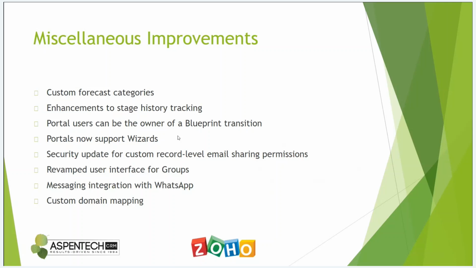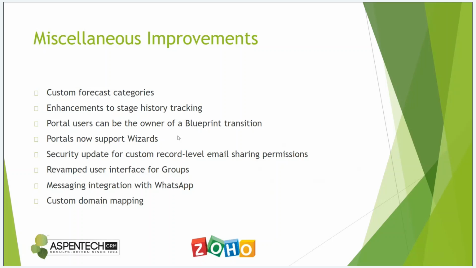There's been a security update for custom record level email sharing permissions. It just gives you a little bit more control over that on a record by record basis. There's a revamped user interface for groups that makes that a little bit easier to use. There's a messaging integration now with WhatsApp. I don't know if there are many of you out there that utilize WhatsApp, but if you do, you might want